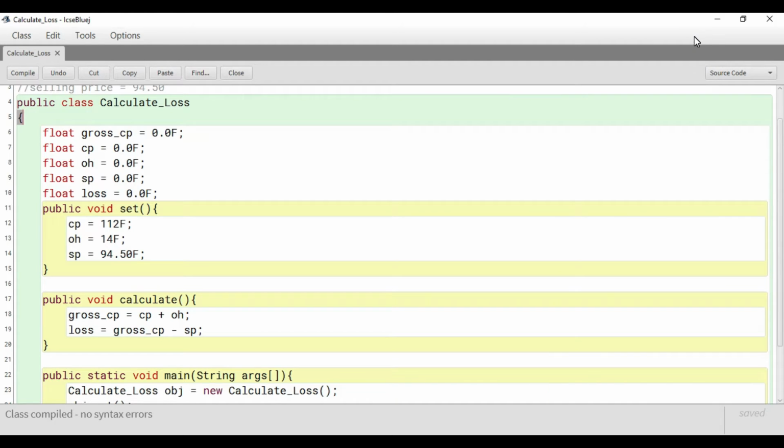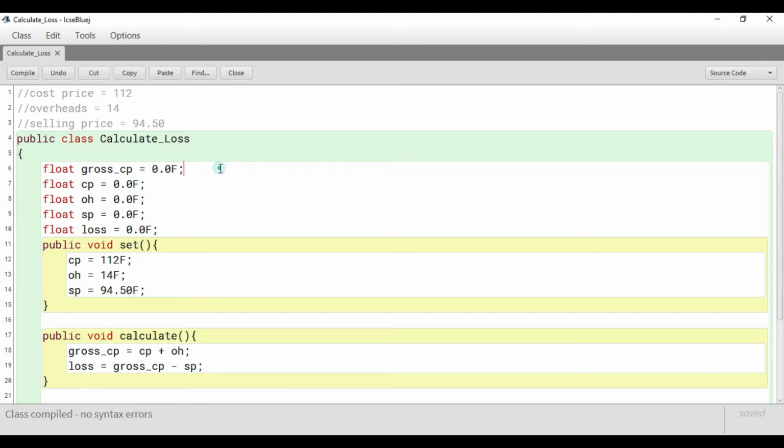Just click the I button and you will see the video where you will find the comparison between an object and an instance variable. If you see these declarations, they are instance variables, or you can call them non-static variables. Both are the same; you can call them either way.